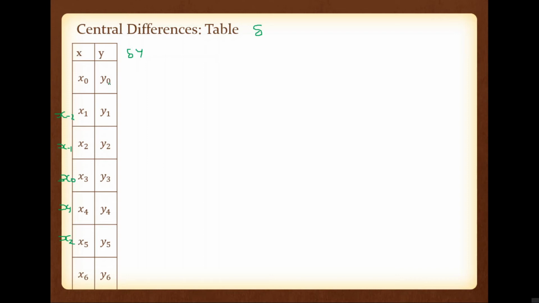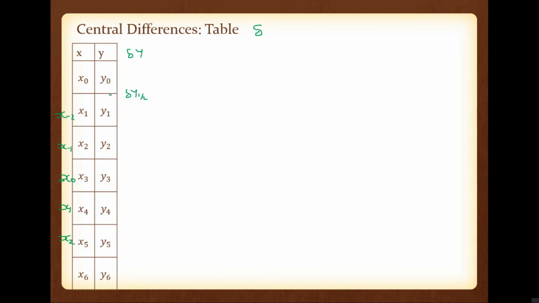So what is the indexes here? Here the index is 0, here the index is 1. So what is the middle point of these two? What is the middle point? 1 and 2. Forget about y. What is the middle point of the numeric value 1 and 2? Yes, 1.5. So the first data is theta y 1 by 2.